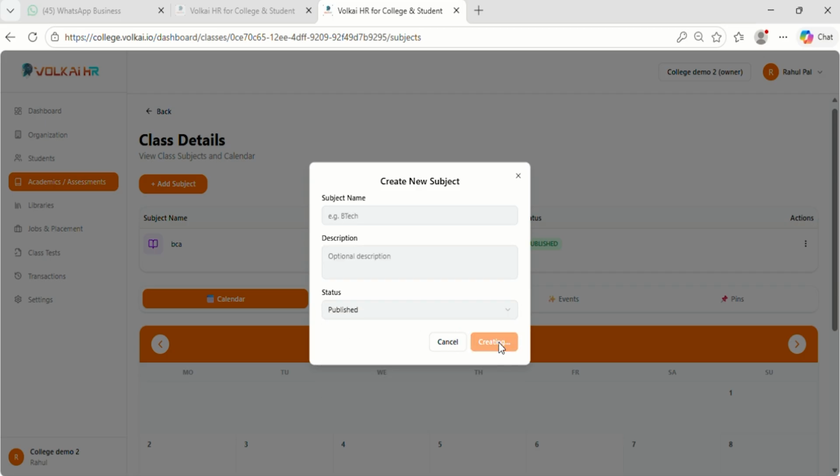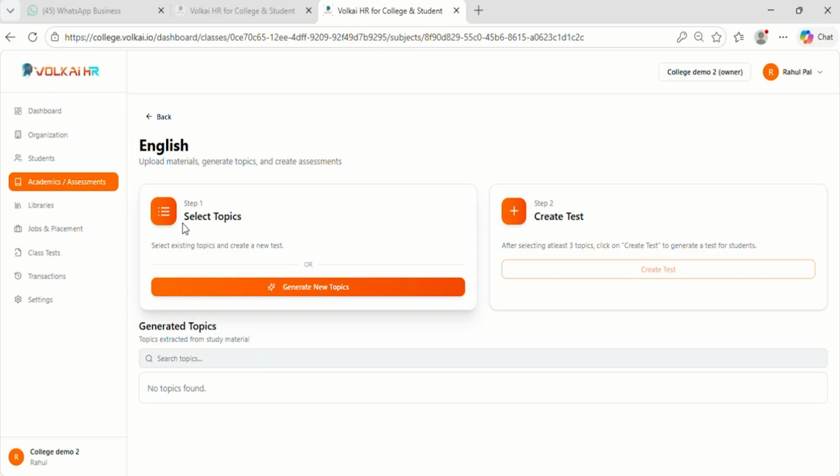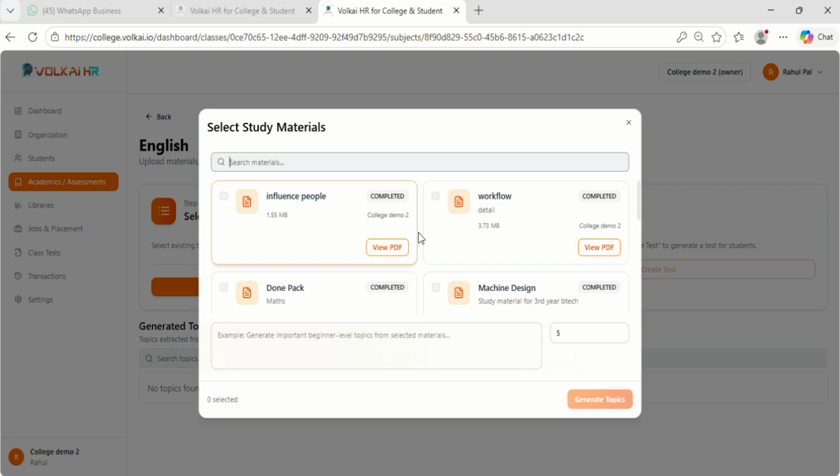After creating the subject, whatever the subjects and topics are running in the classes, teachers can create tests for all the students. Like in a day-to-day activity, whatever topics are going on in the classes, they can create a test for them. For that they have to click on generate new topics, select the PDF, the study material, and then generate